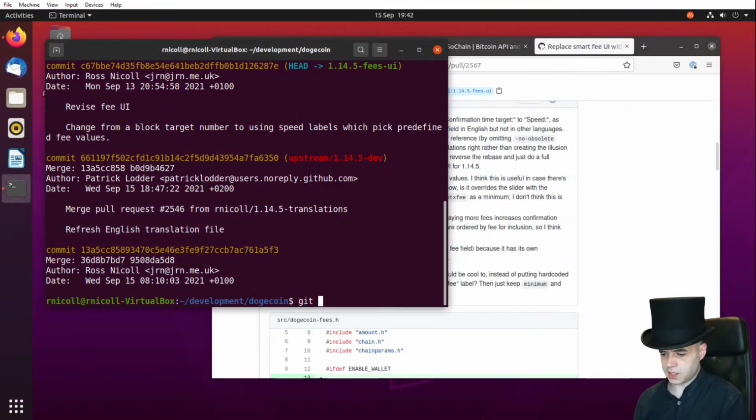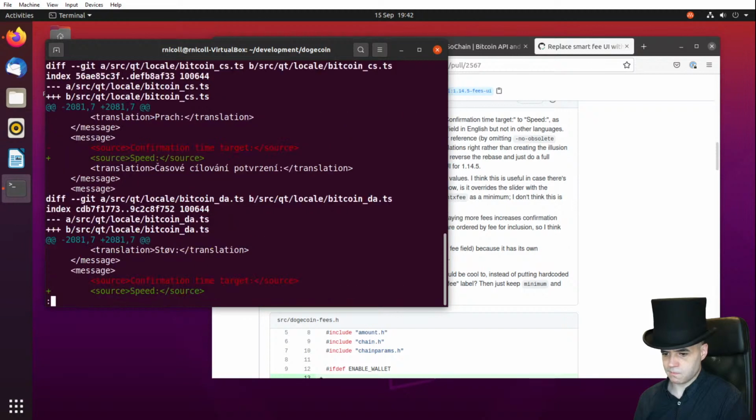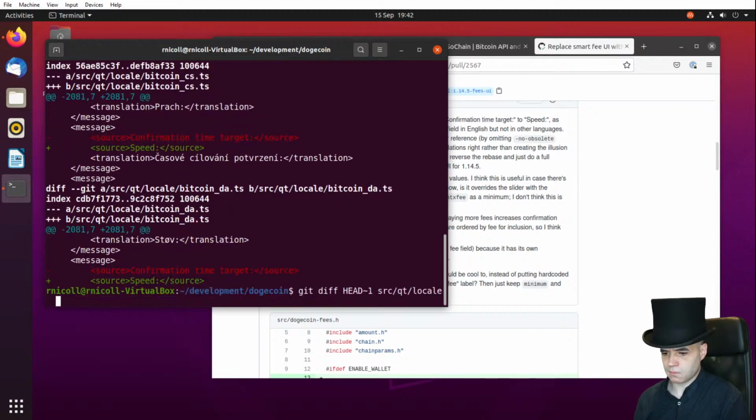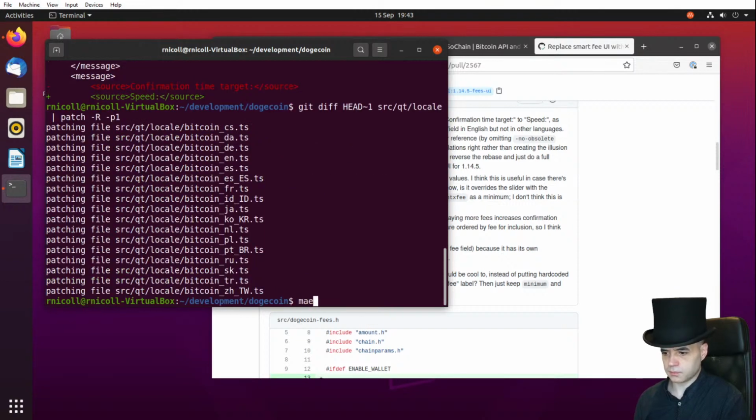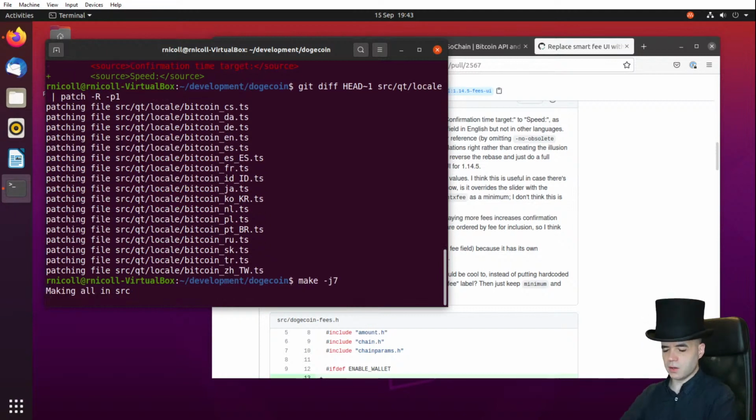Okay, so the first thing he suggested is just take all the translations back, and then let's see that. There goes the locale patch. Come on. So what we're going to do is